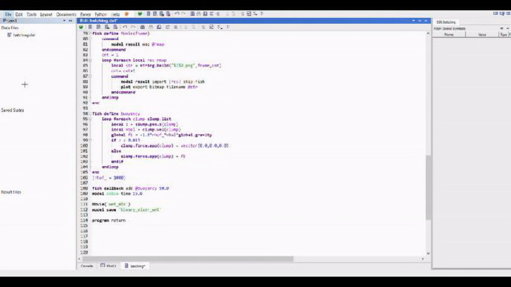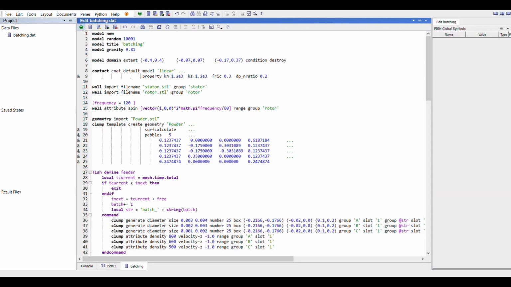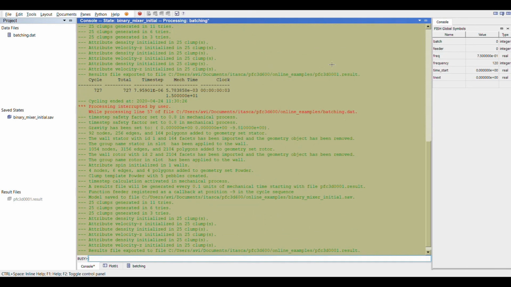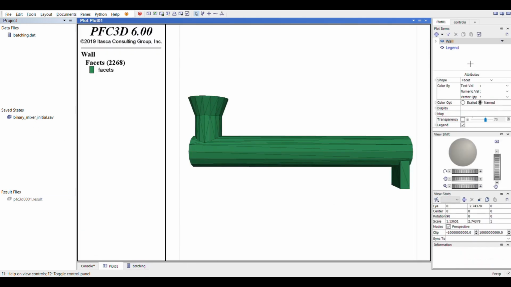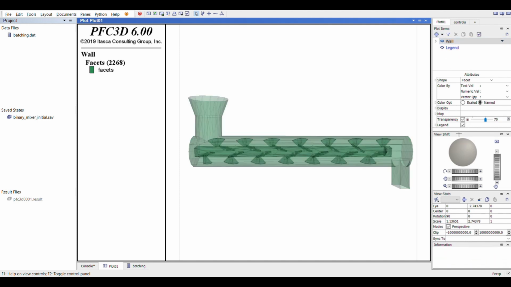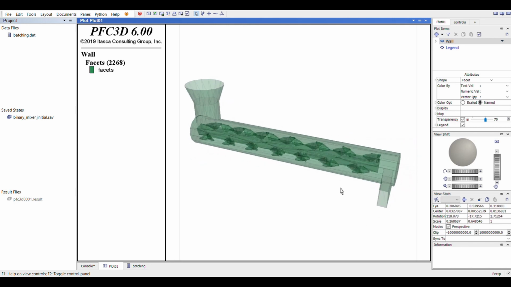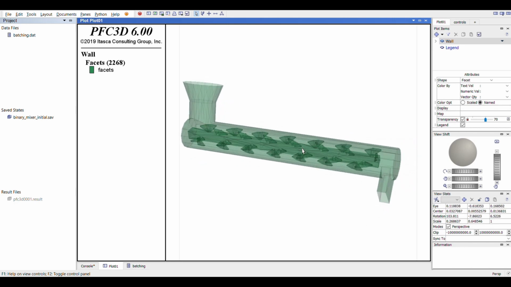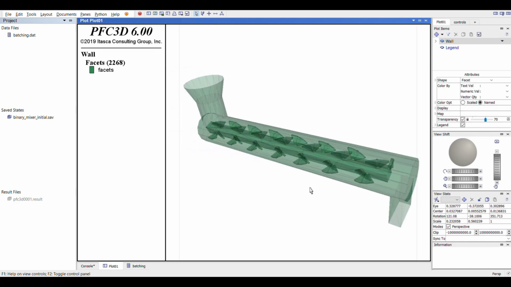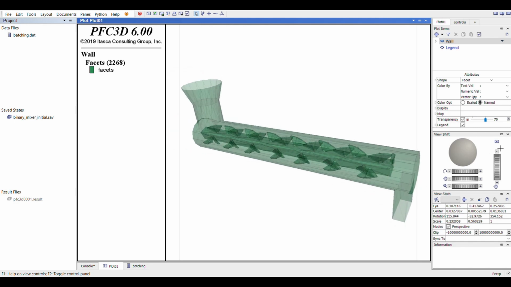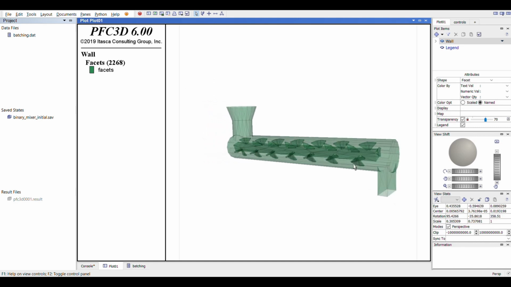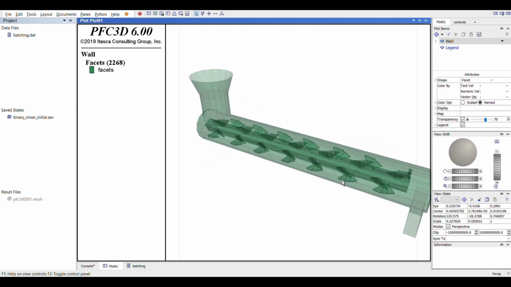But we will run the model, and as you can see, after running the model, what you can do is click on this plus item and select the option wall. After selecting the wall option, we can click on the transparency, and it will make the system transparent. As you can see, there is a static part, the stator, and a rotating part, the rotor.